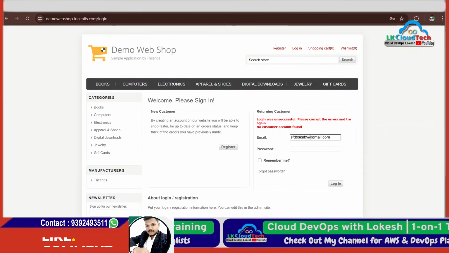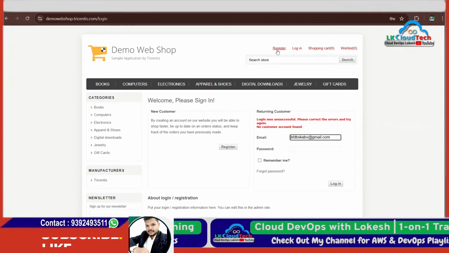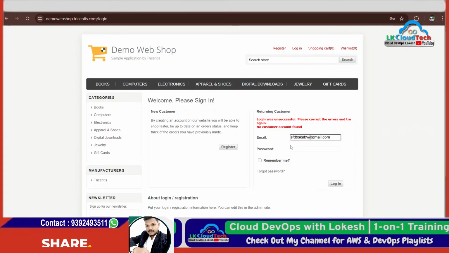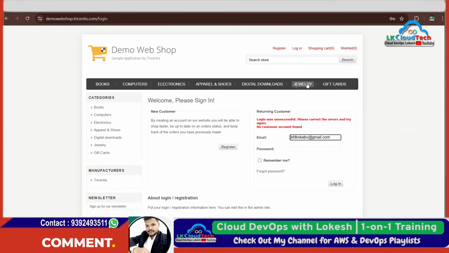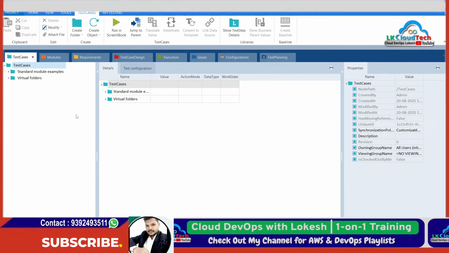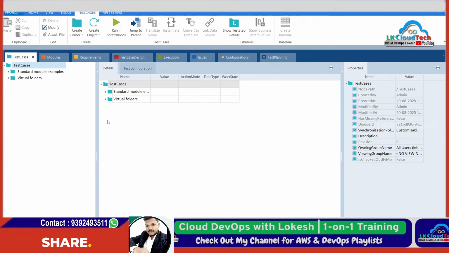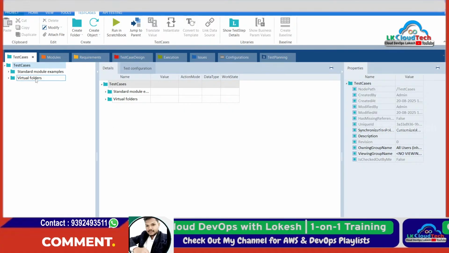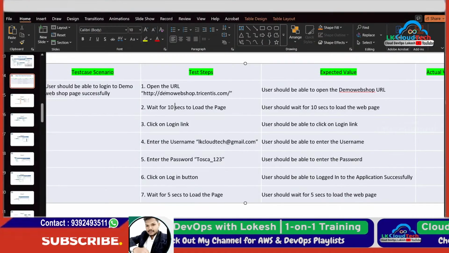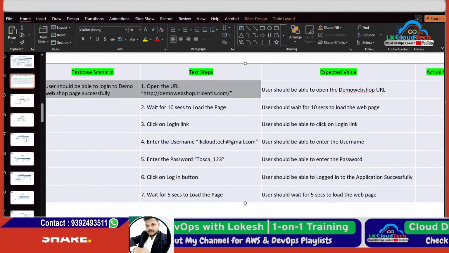Actually, by clicking here on register you can register, and by clicking login you can log in. But that is all a manual process. We can do it by automation. How do we do it? Here this is your Commander. According to these steps we'll follow, this is your login link. If you want to log in,